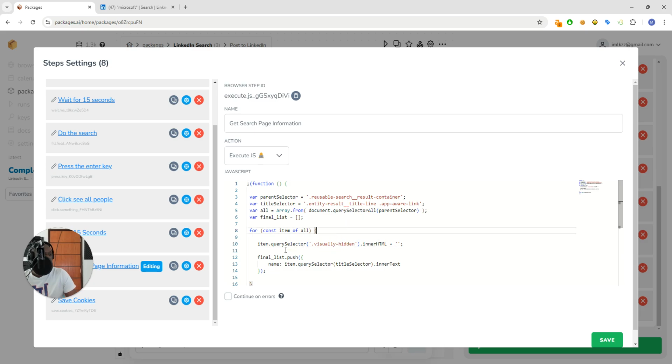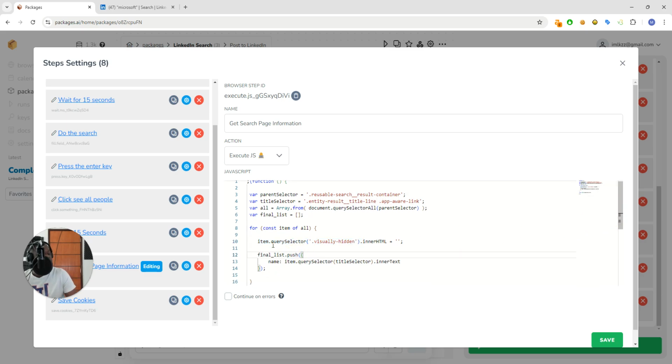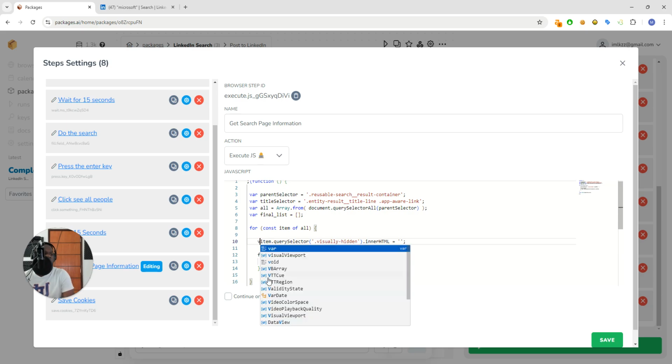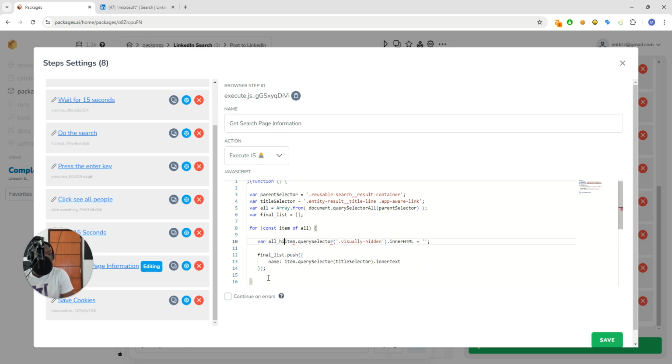The way we want to. And this is kind of the reason why it's better to do this with the execute JavaScript node, because for every website, there's all these little tweaks that you have to do to make it work, okay? So let's go with all hidden items equals array.from. All right, and then we say that